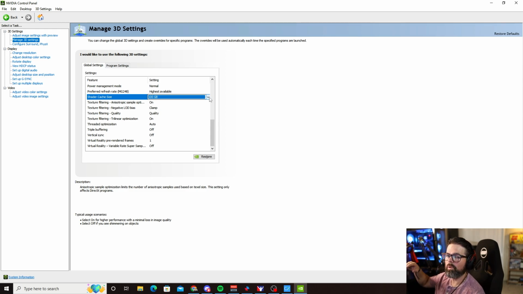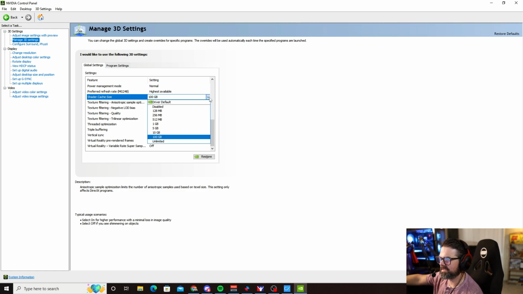Now, if you've only got one drive on your system, right? Let's say you bought a pre-built and it came with a 500 gigabyte NVMe SSD. You might not want to choose 100 gigabytes. That's a lot. Is it going to fill that up? I don't know. It might over time, but I wouldn't be choosing that because that's a fifth of your storage. So you might want to choose 5 gigabytes, maybe 10, something like that.